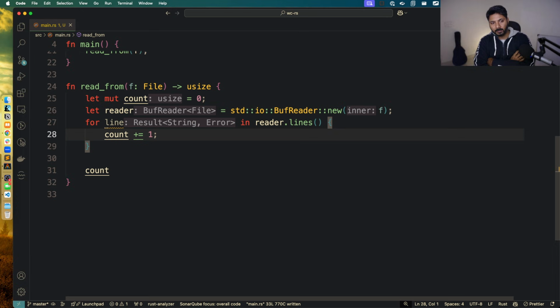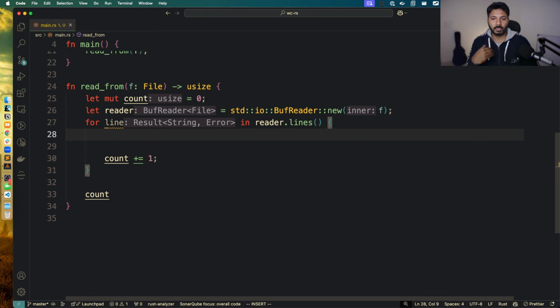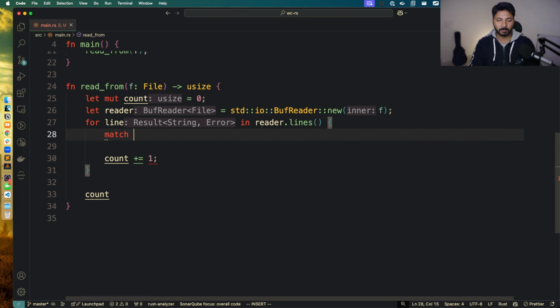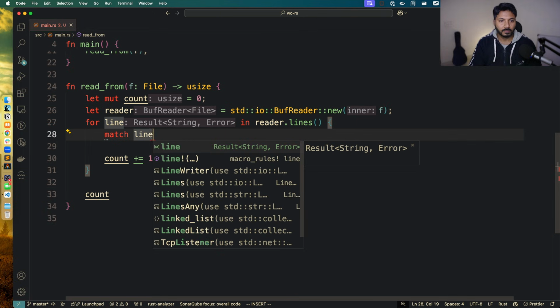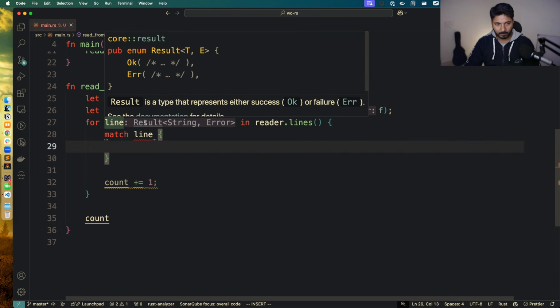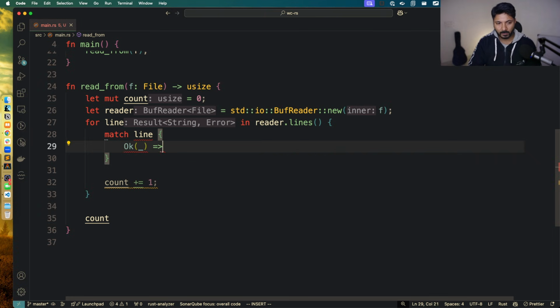Ideally, we should be returning an error, but for now, let's keep it easy and simple. If there is an error, we want to just return an error. And we can use a match expression here. We did use a match expression last time as well. A match expression on a result, which is an enum that can have two branches, Ok and Err. If it is Ok, we don't really care about the value because we are not using the value as such. We just want to do count plus equal to 1,